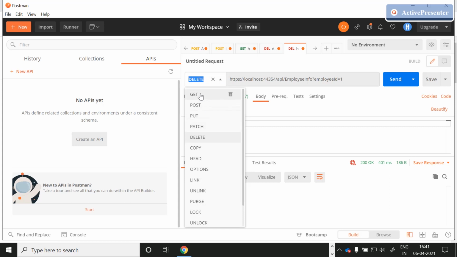Here it lists all the available HTTP attributes to test our endpoints. In our experience through interviews also, we need to get familiar with get, post, put, patch, and delete. These are the five most important HTTP attributes to learn.